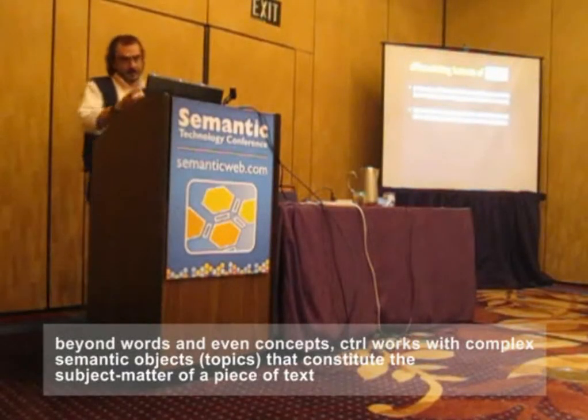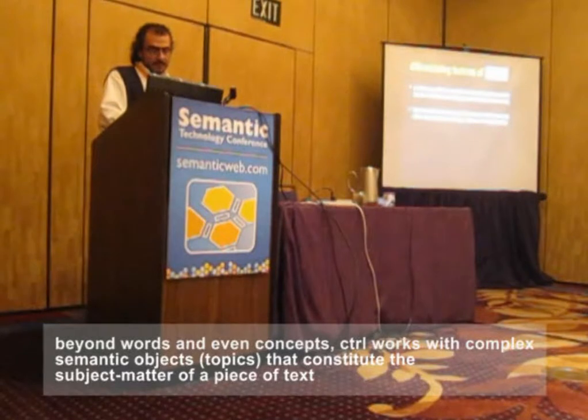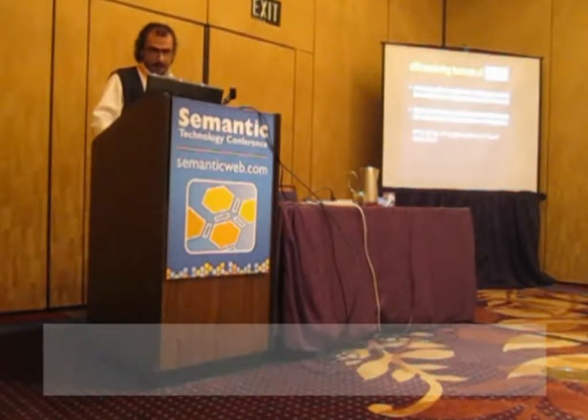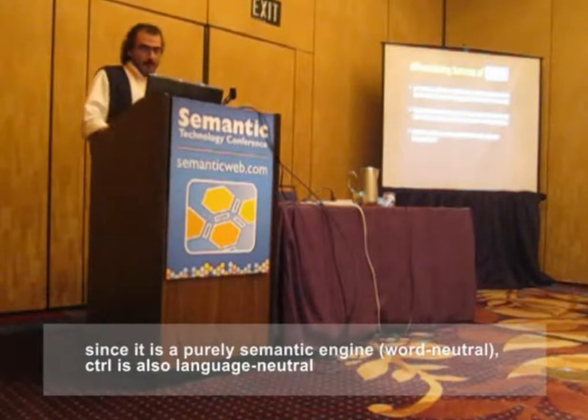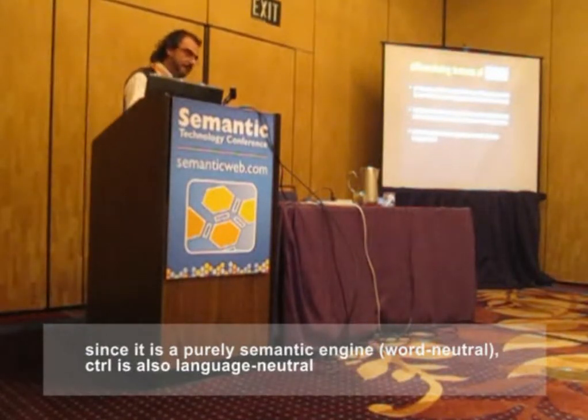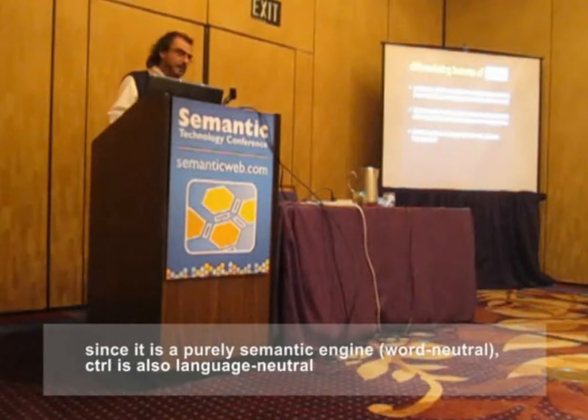The real difference is something I said already. It's that we go from words to concepts, from concepts to compound concepts, and then we do key topic analysis. Another thing that is really different: since we don't deal with words at some level, once we go from words to meanings, the words are gone, we forget them. Now we have meanings, we have concepts. So the control semantic engine is really word neutral and thus language neutral. You can relate 2 documents that are written in different languages because you're relating the meaning